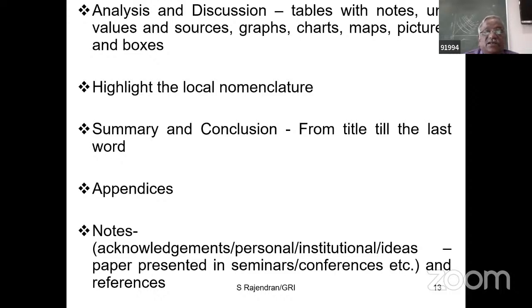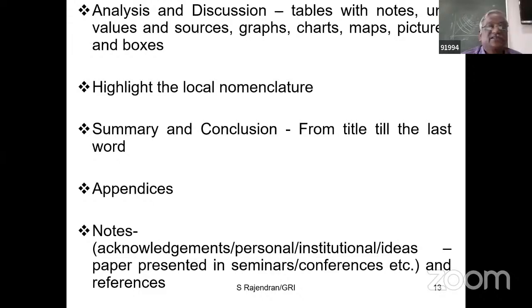And then summarize and conclude, from your title till the last word of your reference. Sometimes we write the first paragraph or first section on separate issues, and the second section deals with different issues which may be totally unconnected to the first section. It should not be like that. If you read the title and the last word of your presentation, there must be some kind of correlation, coherence, and lucidness. Therefore, please remember, each word, each sentence, each paragraph, each section shall have linkage with the next item.